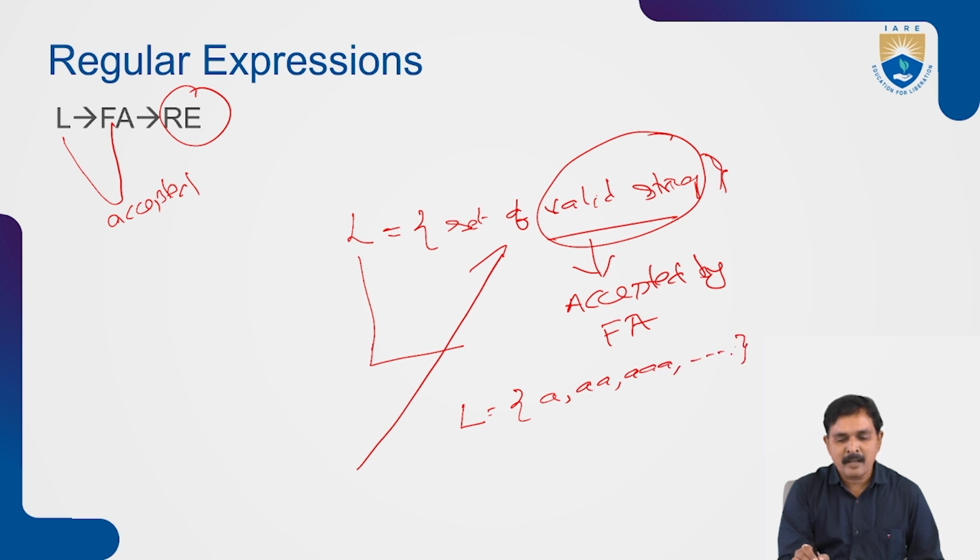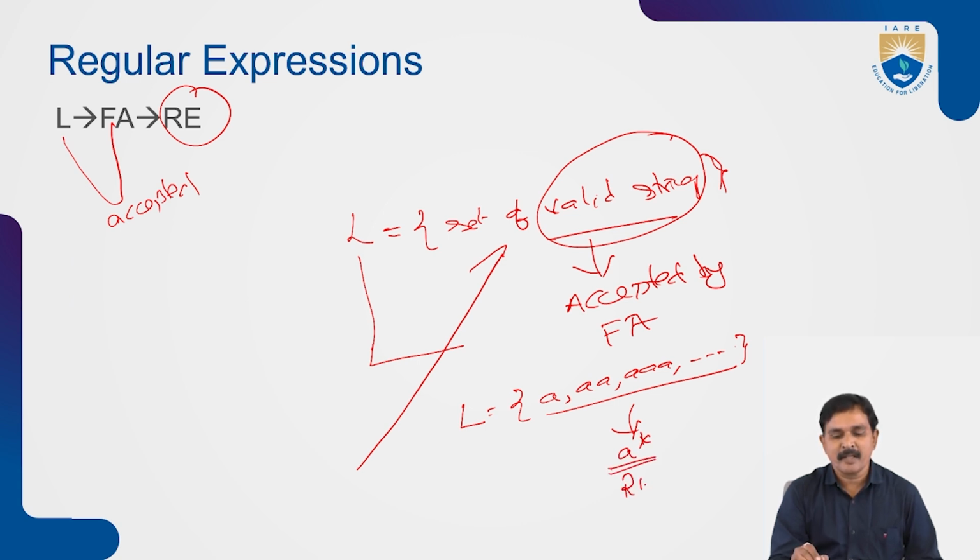Means I want to generate patterns like this. Every time, the number of occurrences of the A's increases. So for representing all these strings, we use only a single common expression that is called A star. A star is a kind of regular expression. This regular expression can be used for describing any number of occurrences of A. It may be a single A, two A's, three A's, and so on.